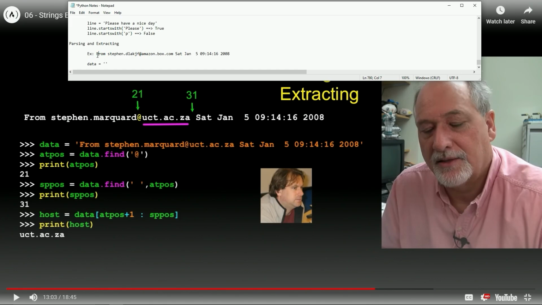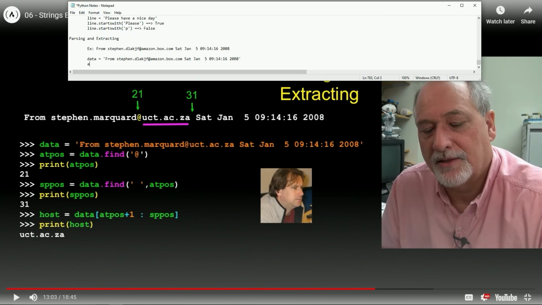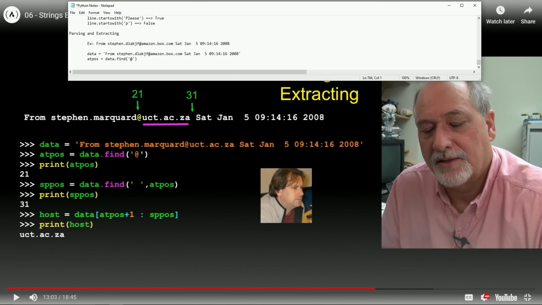All right, let's grab this. Data equals this. At position equals data dot find. Let's go find the at, like this. Okay. Then we say print at position, and it's going to give us position